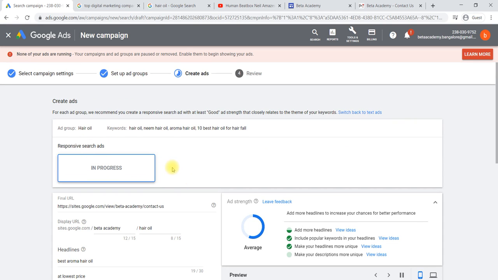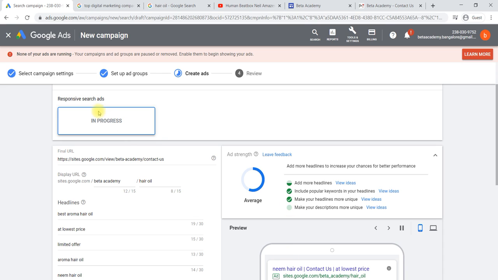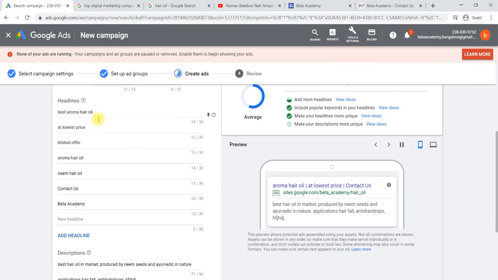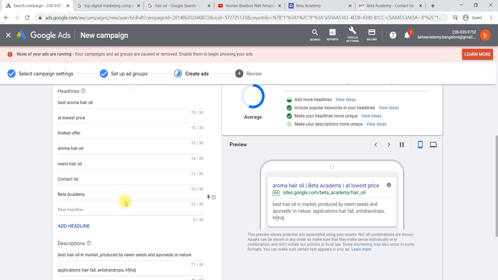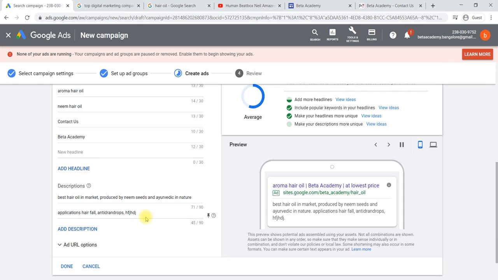When you are adding more and more headings, it will become a responsive search ad. What we mean by responsive search ad is that, based on a keyword, your ad descriptions and ad headings will be changed. Only three headings will be shown, based on the keyword matching. Based on the search match, your ad headings and descriptions will keep changing based on the search type.